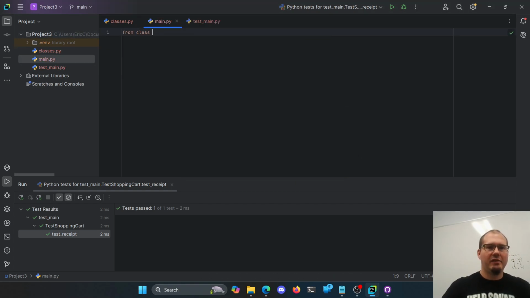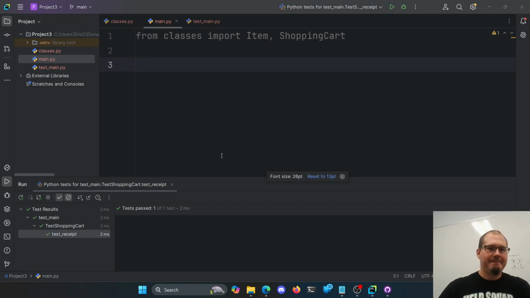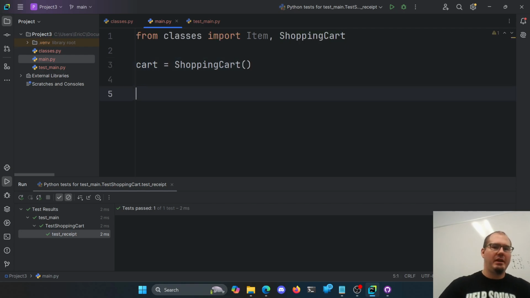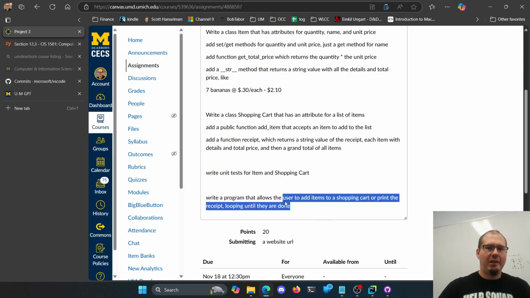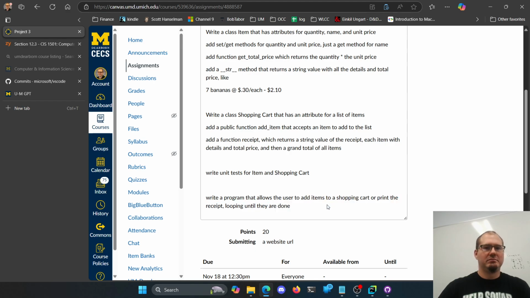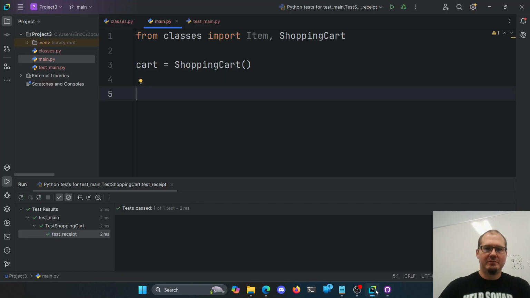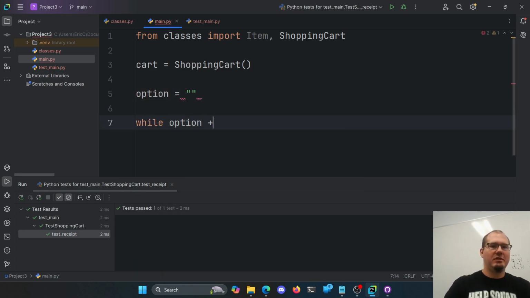And then say from classes import item and shopping cart. Oh, all right. So we need a cart. So cart equals shopping cart. Great. And then add items to, and then print the receipt, looping until they're done. So do you want to add an item? Do you want to print the receipt, or be done here? So while their option equals something, and while option does not equal